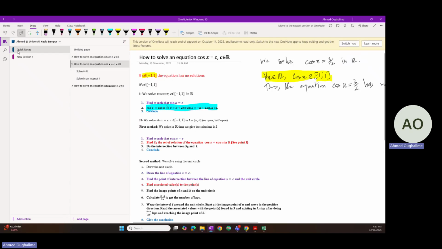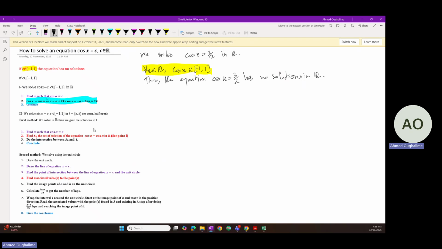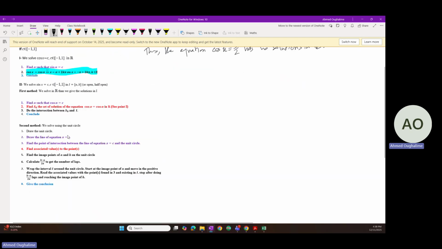Now, if I'm trying to solve in some given interval, I could do the job algebraically. It means I solve in R first, then I do the intersection between the set of solutions that I obtained in R and the interval I'm working in. Then I give my final conclusion. Or I can use the second method, where I use the unit circle to do the job. For this example, I'm going to show you the second method only, because in the previous video we showed the first method